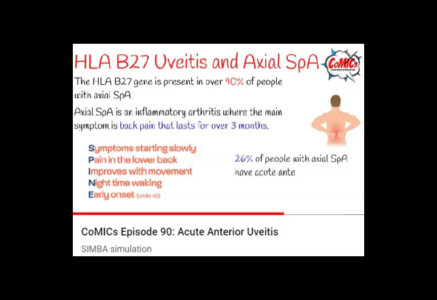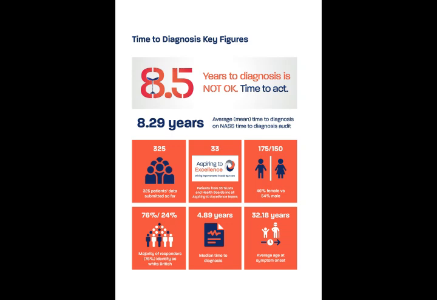Absolutely, yeah. I guess it does depend from place to place, in terms of what the uveitis setup is in any particular hospital or trust, and what the links are with rheumatologists. I'm only speaking from my own experience, but everywhere where I've worked, there's been a close link with rheumatology. Where I work in Liverpool, we do a joint clinic with rheumatologists, and it's very useful for just touching base and getting these patients seen early once we suspect, based on our history, that there may be undiagnosed ankylosing spondylitis, for example.